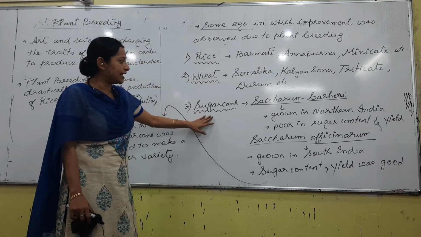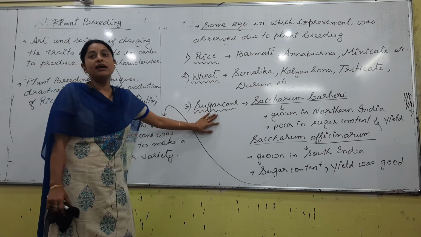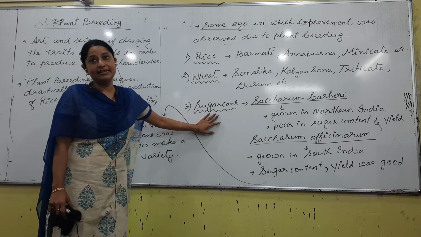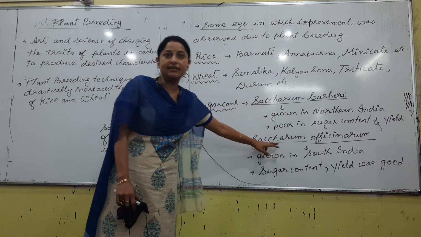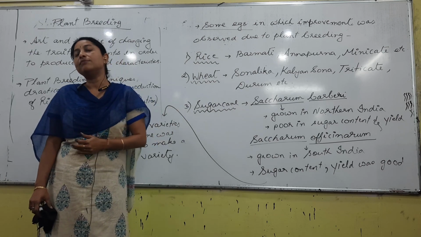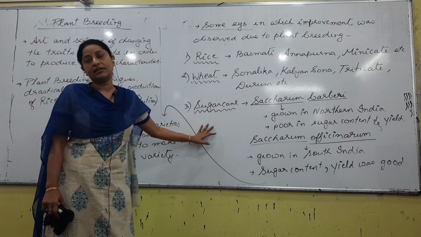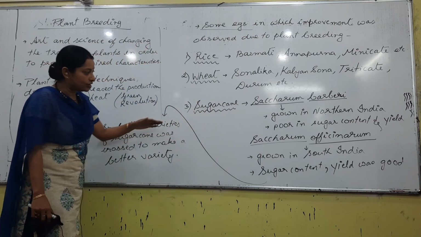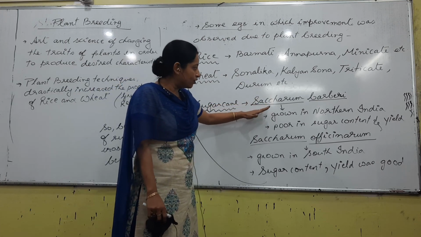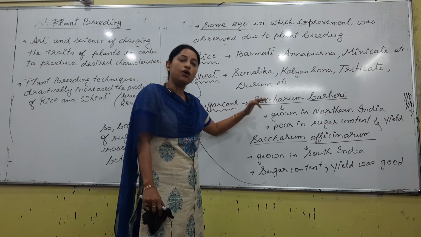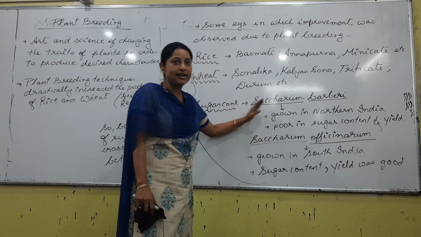Next, talking about sugarcane, the example has been given just to understand that in this plant also plant breeding has been done, right? We have given two examples, one that grows in northern India and the other that grows in southern India. As we have already discussed, to go for the process of plant breeding, we need to choose the parents first, right? Since this plant had certain drawbacks, and the North Indian people also wanted to grow sugarcane with good yield and good quality, what they have done is crossed these two plants and obtained a new plant.